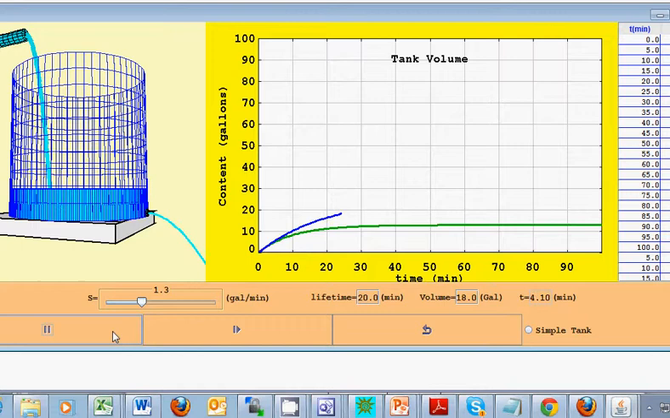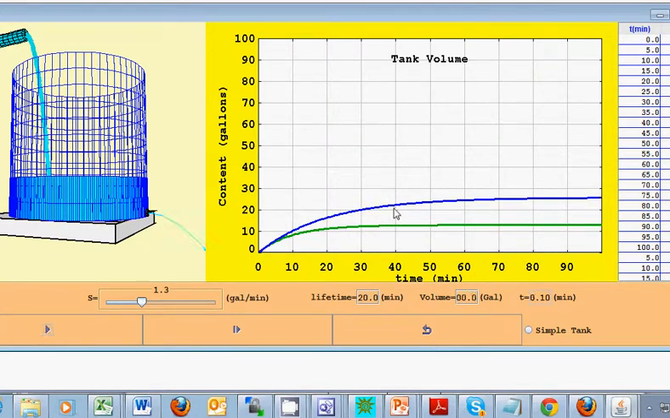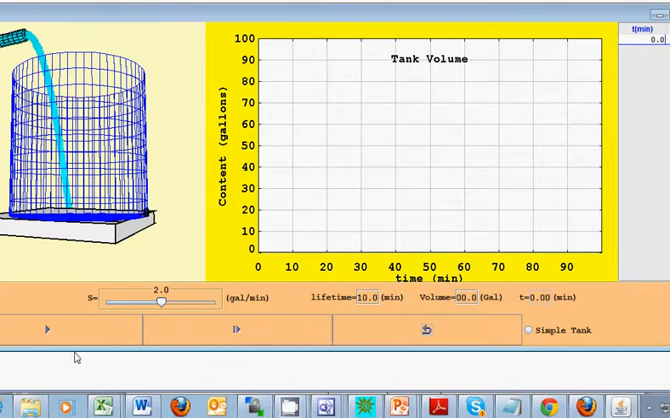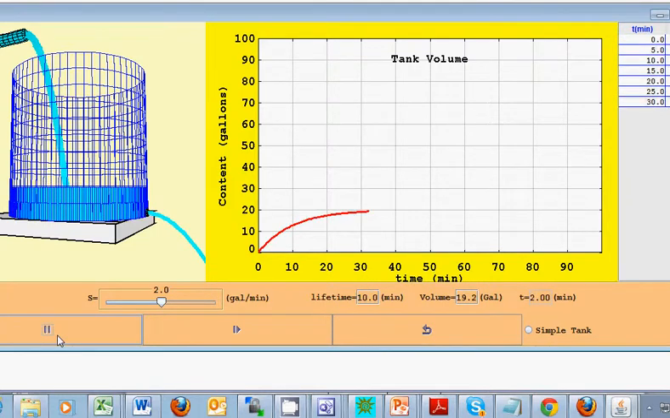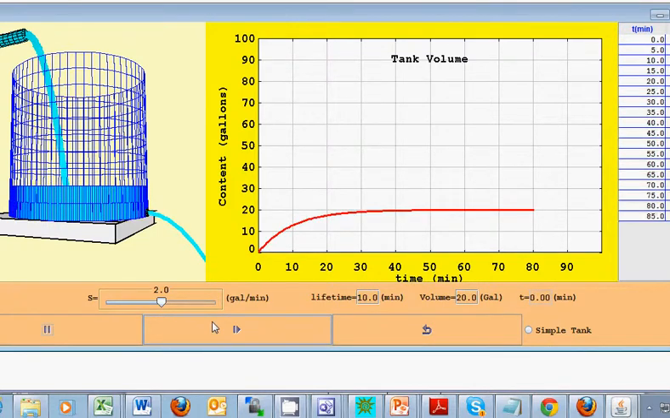And essentially, you just get different colors of graphs for the different simulations as you progress. And if you hit the reset button, then everything clears off and you could rerun things again at their reset values. Okay, the other thing is you can have a simple tank